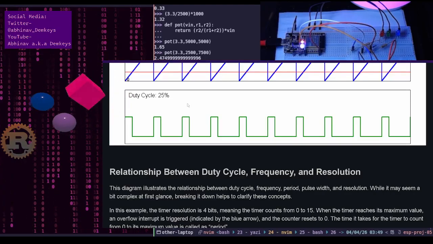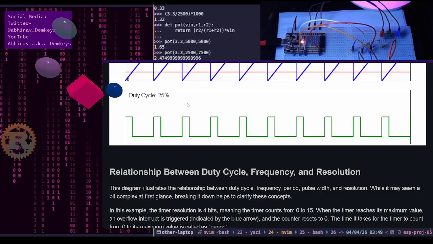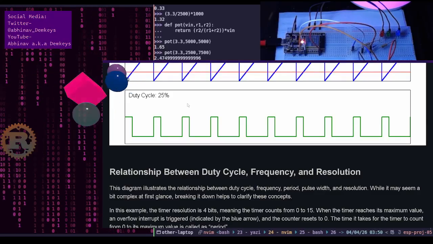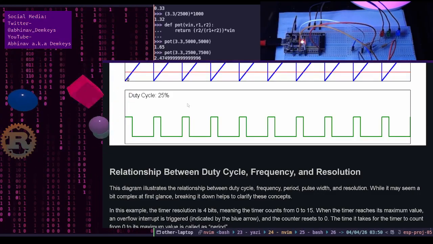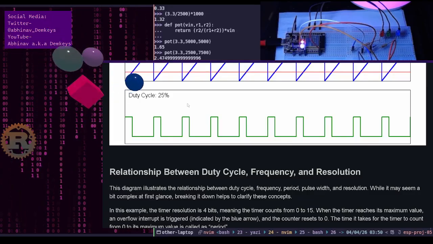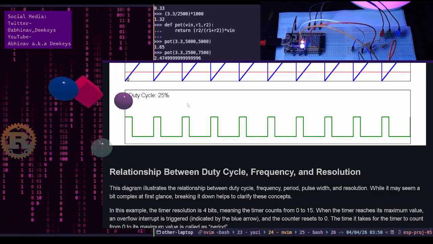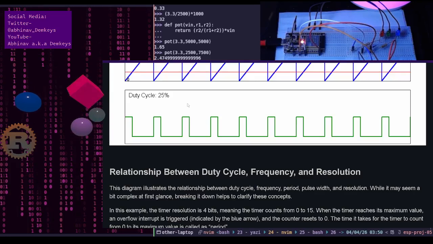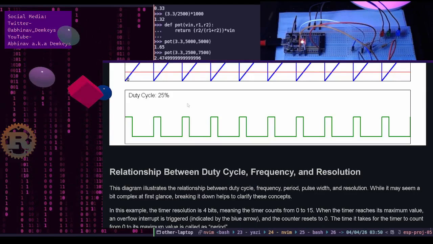So if the total time for one on-off cycle is 0.2 seconds, then the frequency, which is cycles per second, would be